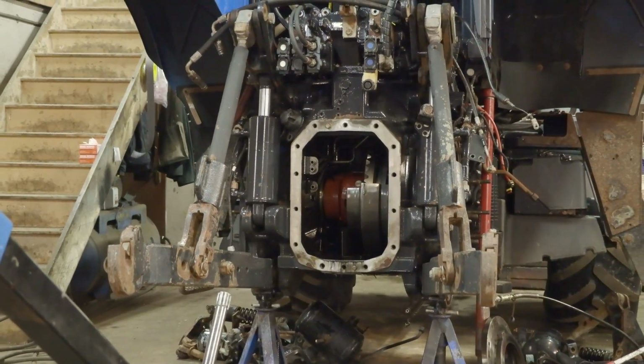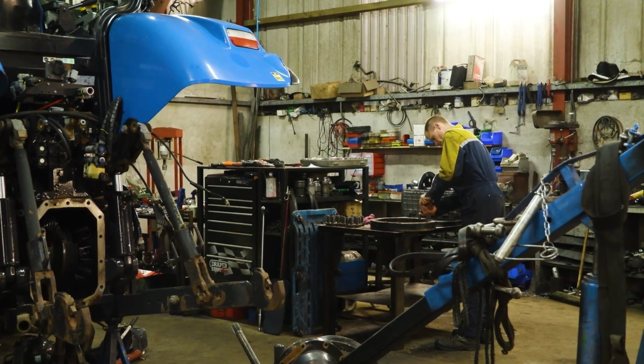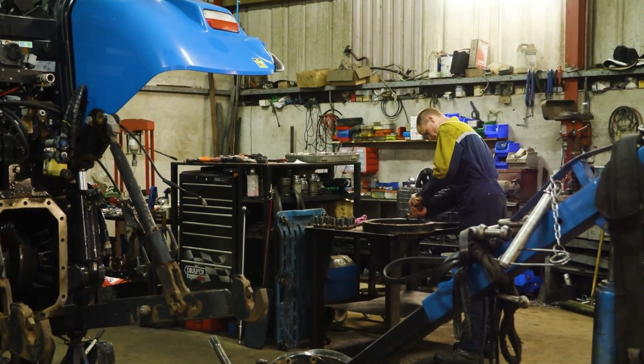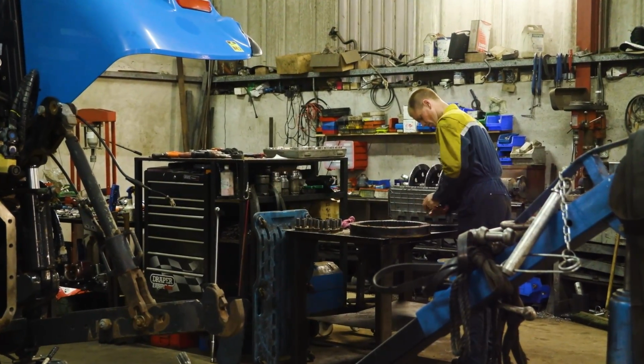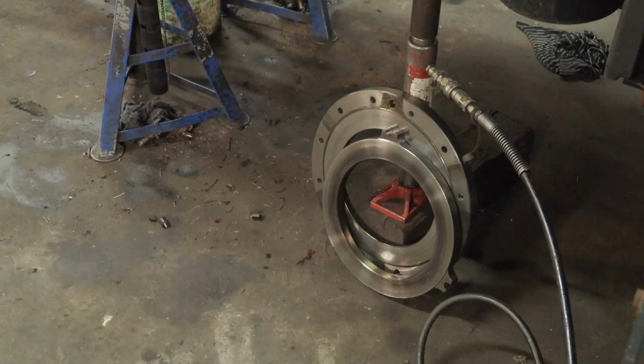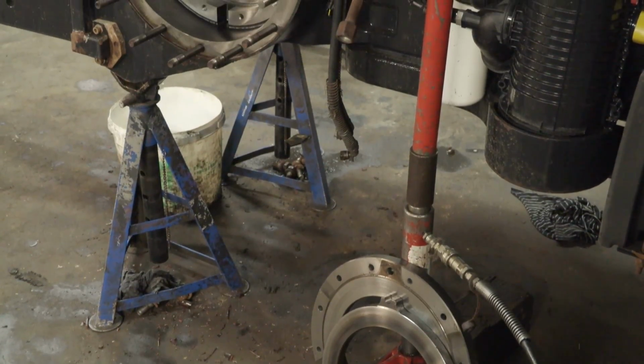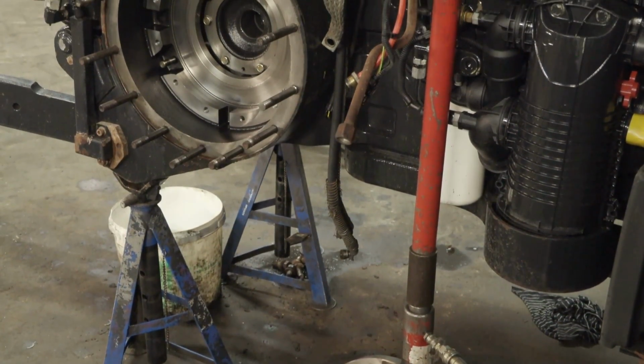So one side of the brakes was nearly perfect, and the other side was starting to break up, which you would get on tractors that don't seem to wear the brakes evenly. It's either one side or the other, so we replaced the discs. And while the half axles were off, we lifted the hitch off her, pulled the PTO out,